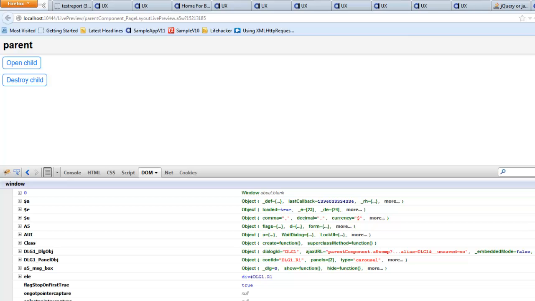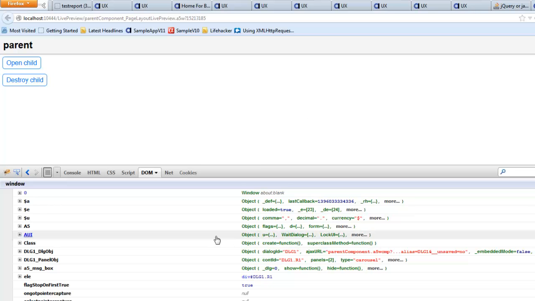This video is targeted at advanced developers who are building mobile applications to run on devices where memory is a concern and where the parent UX component opens multiple child UX components. And the video talks about how you can destroy the child component when you no longer need it to conserve memory. So you can see we have a very simple UX component over here that has a panel card,